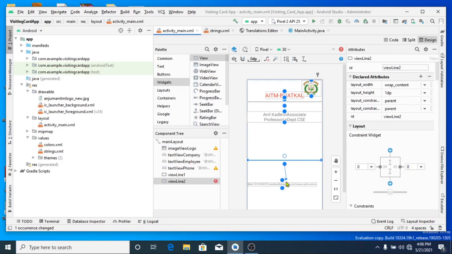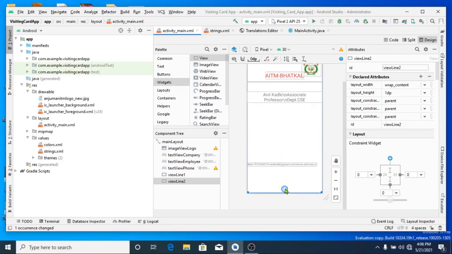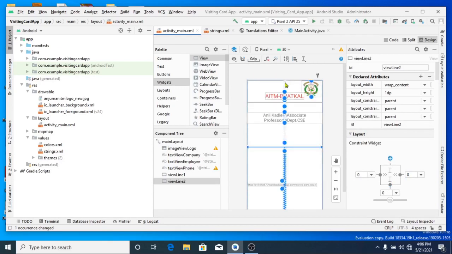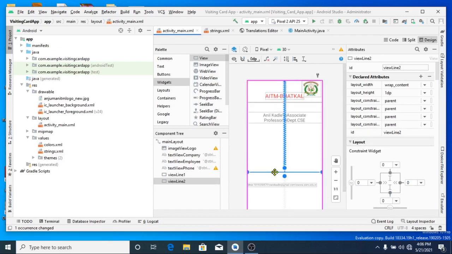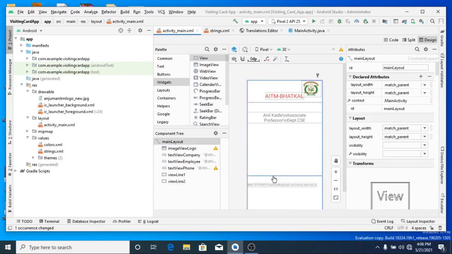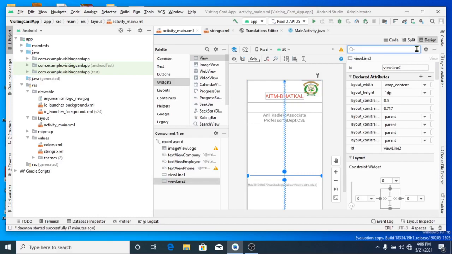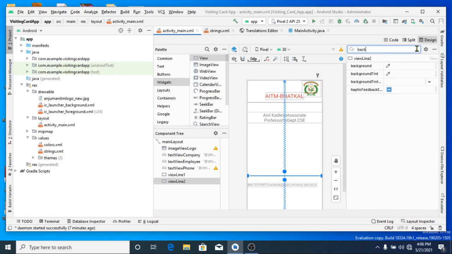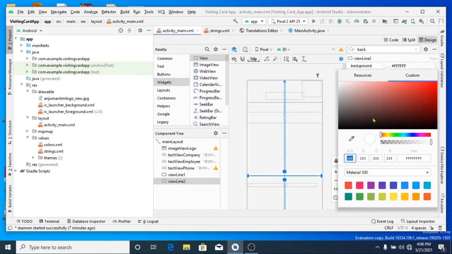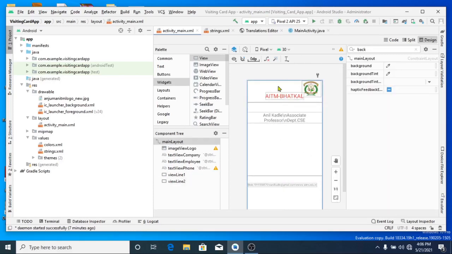Okay, yes, finally I'm bringing that line here. Then choose that line, change the background. I will search the attribute for background. I want to change the background to, again, if you want any other color you can choose, I'm just choosing black. Okay, then I have chosen the background of this.